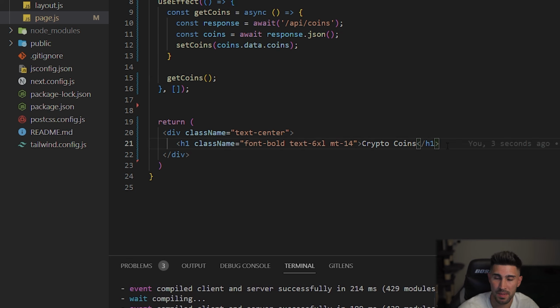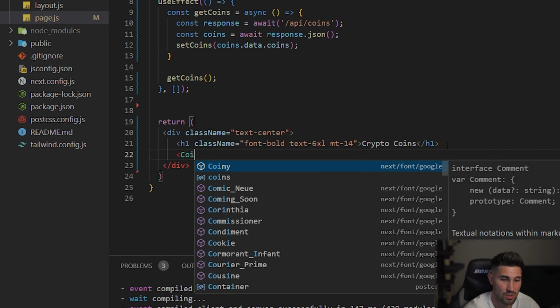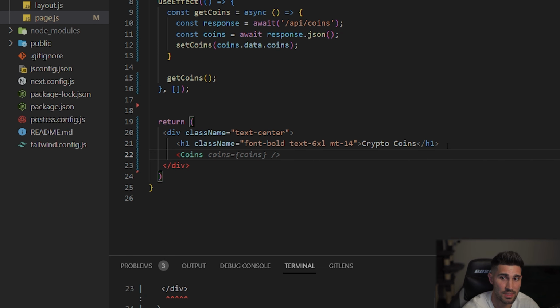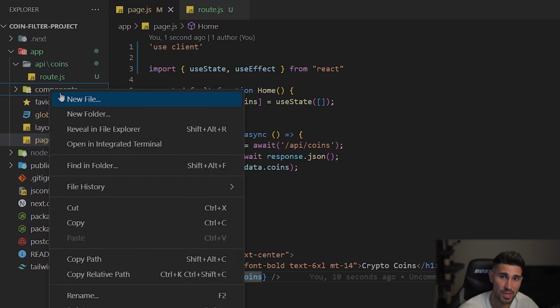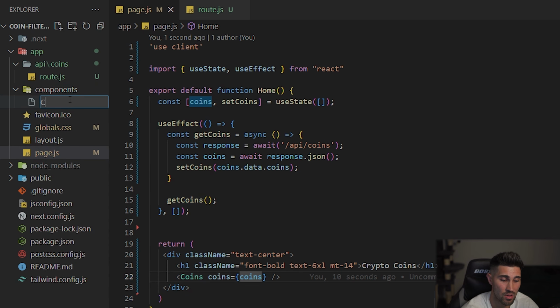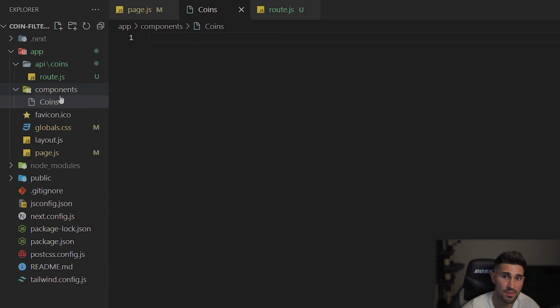Okay. So now I'm going to create a component right here. So this is how we're going to actually display the coins. So I'm going to create a component called coins, which we haven't created yet, and we want to pass a parameter of coins equal to coins. So whatever the coins is, because we set the coins to coins.data.coins, and then the variable should be here, and then we're passing in the coins. So now we need to create that file called coins inside of components,